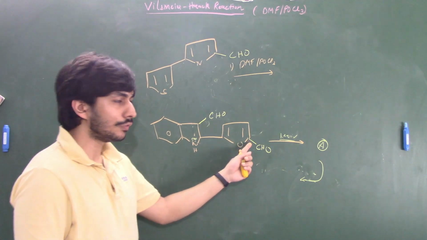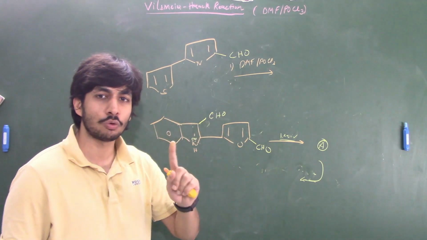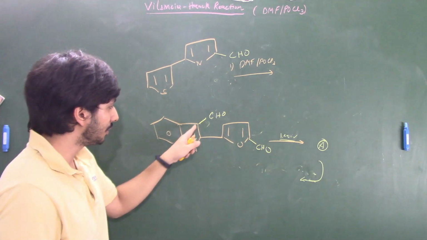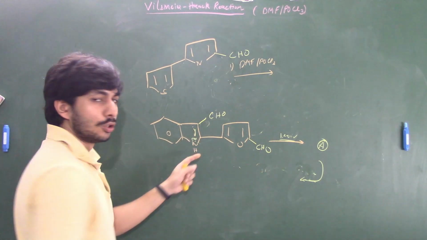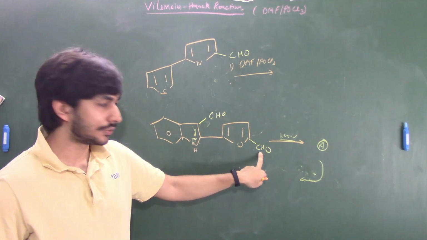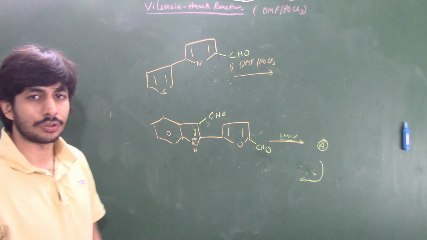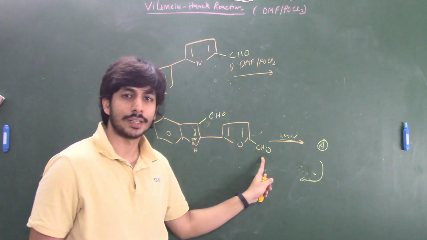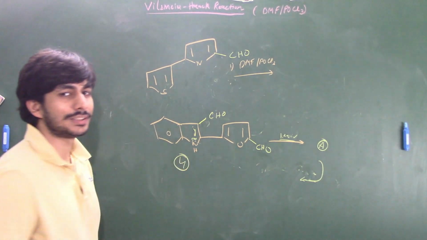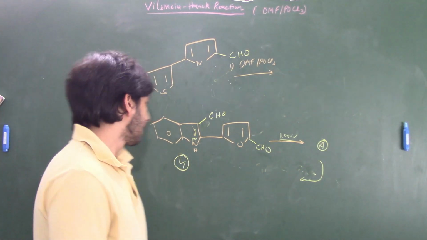So when you add excess amount of DMF POCl3, then the formylation will take place selectively over here, right? So this is also nucleophilic, this is also nucleophilic, but when you are adding one equivalent, formylation will selectively take place at the more nucleophilic center, which in this case is our indole. Okay, so this is our product A, and then when you are adding excess, the formylation will take place at the second position of the furan, right? So this is the correct answer. This was a 4 marker in one of the very recent CSIR NET examinations, right?